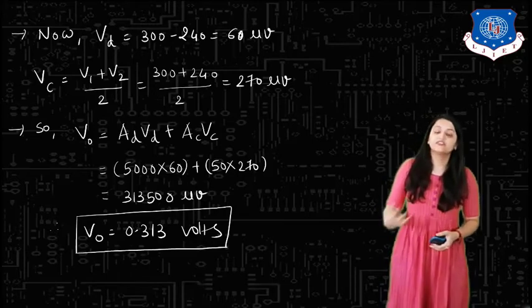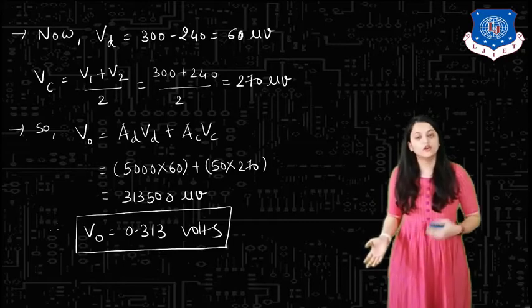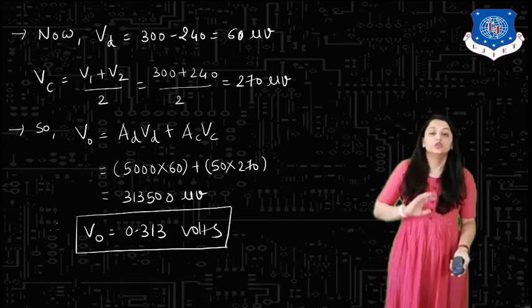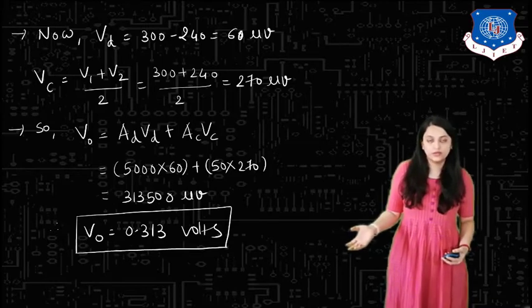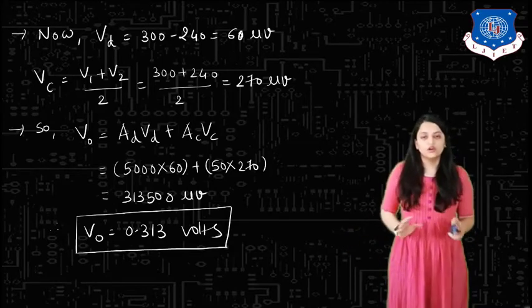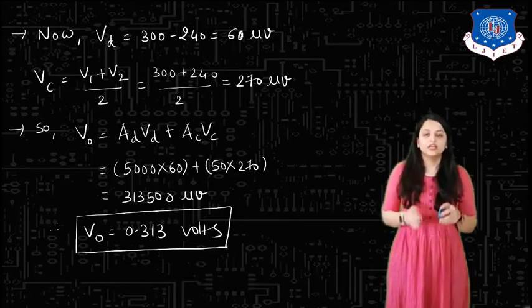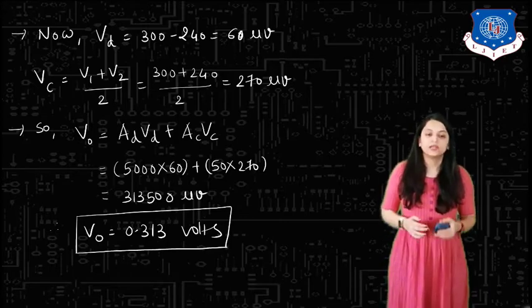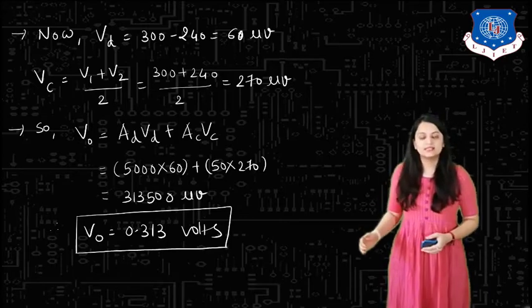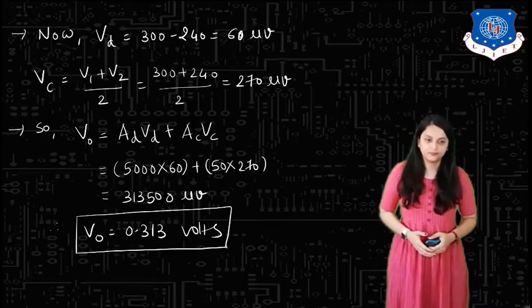You can have a different set of values for this. You may be given the common mode voltage and not the differential voltage gain. You may not be given the CMRR value, but the common mode and differential gain values are given. All of this shuffling can be done from the example point of view. You need to use the formula VO equals AdVd plus AcVc, and according to that, by placing the values, you can obtain the output of the differential amplifier.